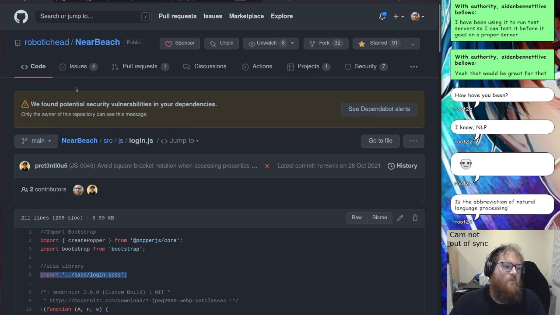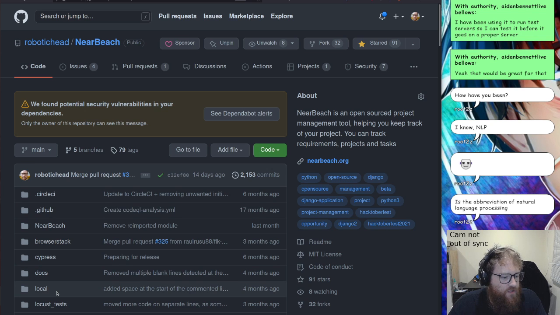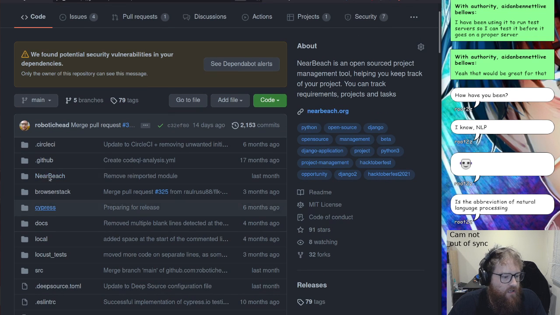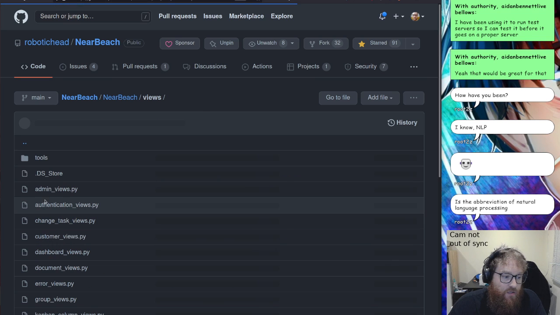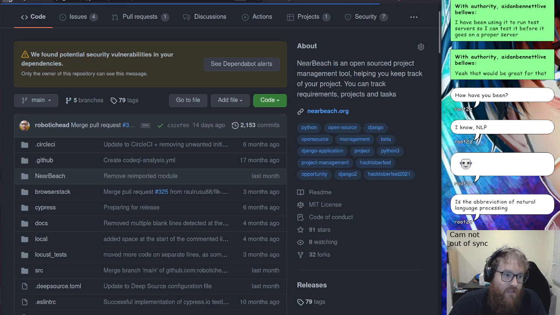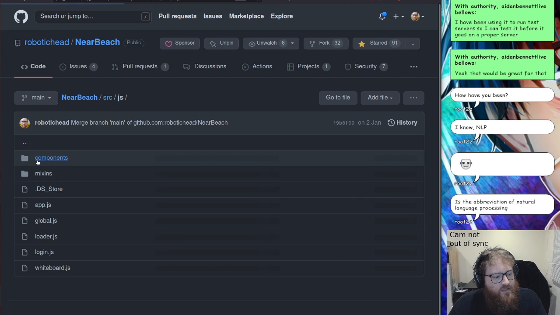So in here, what we want to actually do is go back to NearBeach. We want to go to the NearBeach source code itself, so the Django side of things. We want to go to, not the views, actually, no, I'm in the wrong spot. I actually want to go to the source component. So JavaScript,